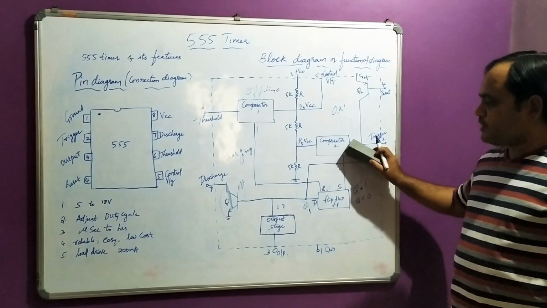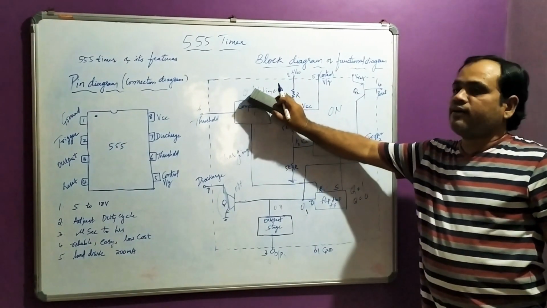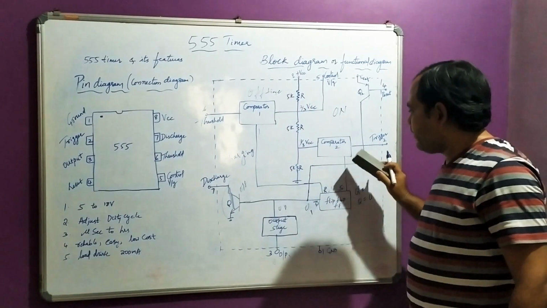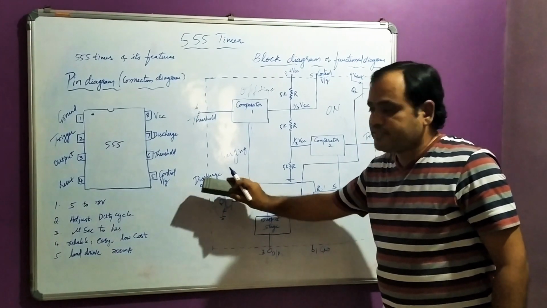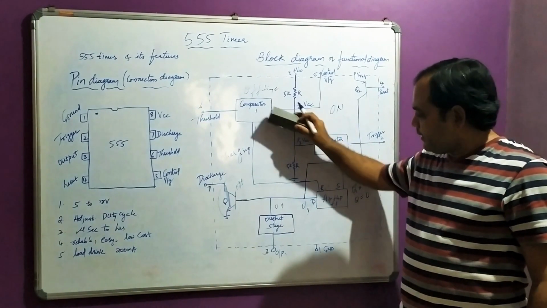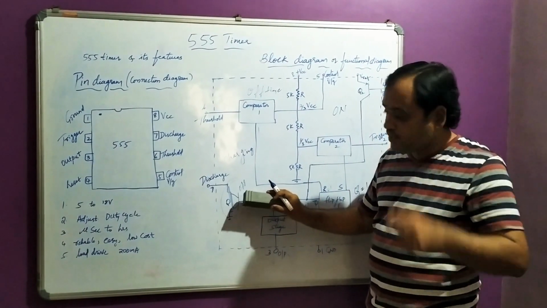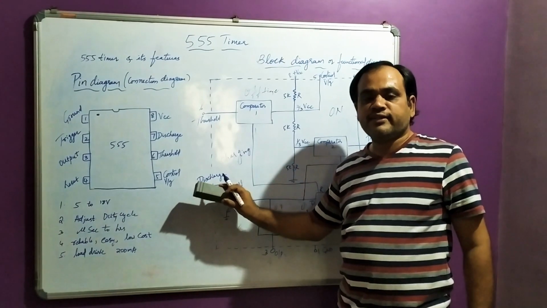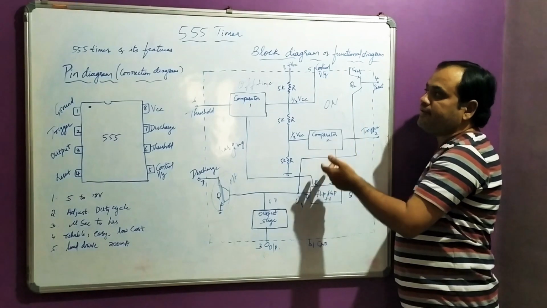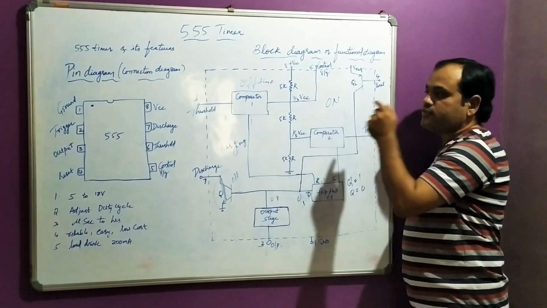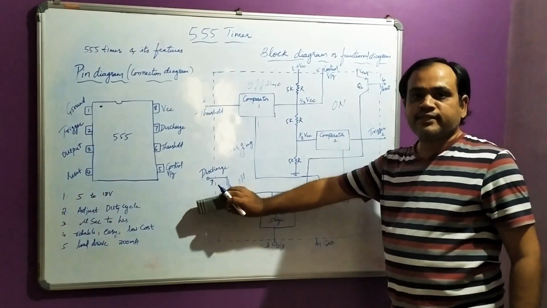So comparator 2 is responsible for producing the on time of the operation. Comparator 1 is responsible for the off time of the operation. When comparator 2 is active, the transistor will be in the off condition and it charges the capacitor. When comparator 1 is in position, Q1 becomes a short circuit to produce discharging of the capacitor. So this is the overall internal diagram of the 555 timer, where it performs the operation of producing the output waveform and charging and discharging of the capacitor.